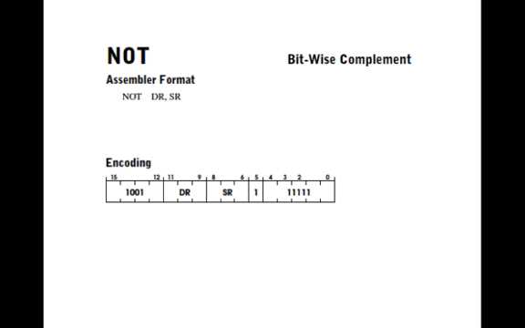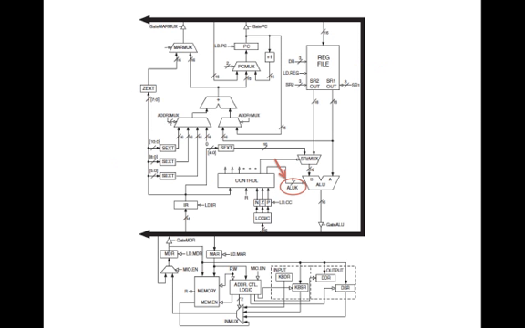Another simple yet important instruction implemented in the LC3 is the NOT instruction. This instruction requires only a destination register and a source register. The operation committed here is a complete bitwise complement of the source register that is stored in the user-indicated destination register. In the LC3, the ALUK control bits, as you can see here, pointed by the arrow, will be set to complement the contents coming out of source register 1, and the output from the ALU will be stored in